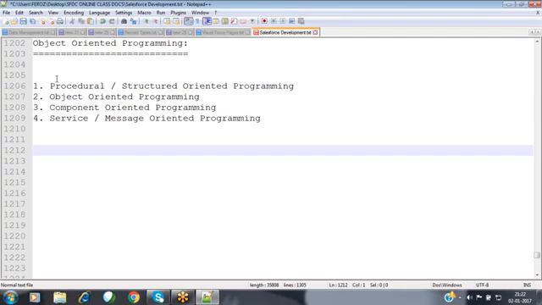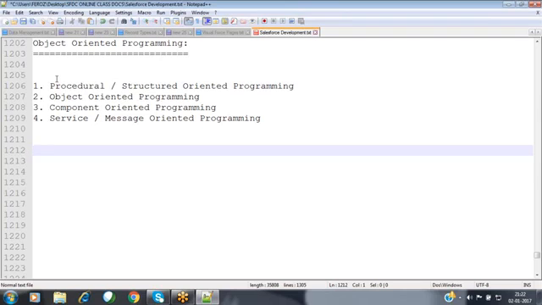Whenever you are going to implement your application, it may be any application, any technology, we have to use any one of these programming approaches. From those approaches, one is called the object-oriented programming approach. What exactly is it, and what is its use? Now we will see practically over here.